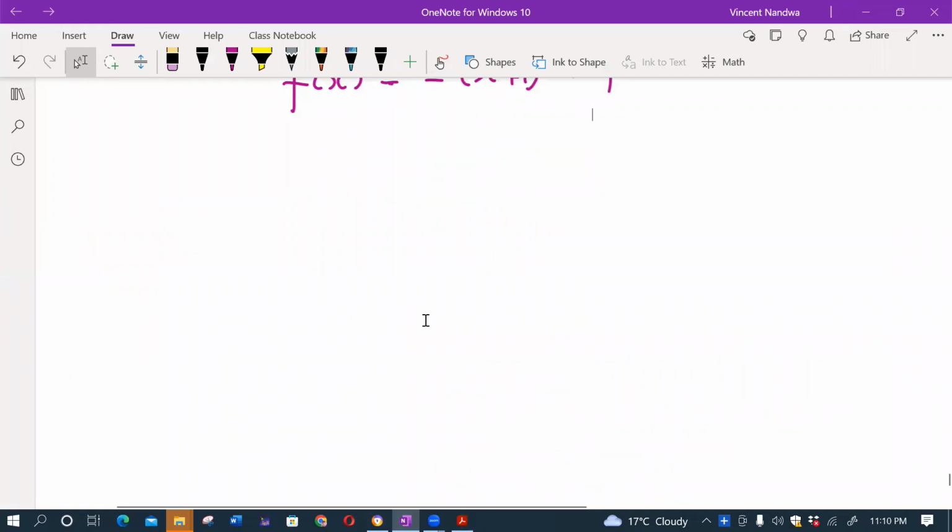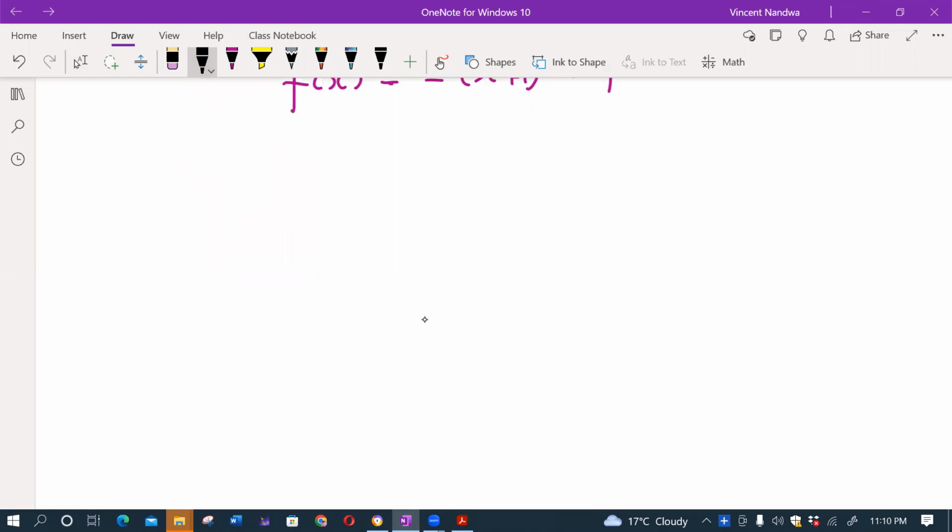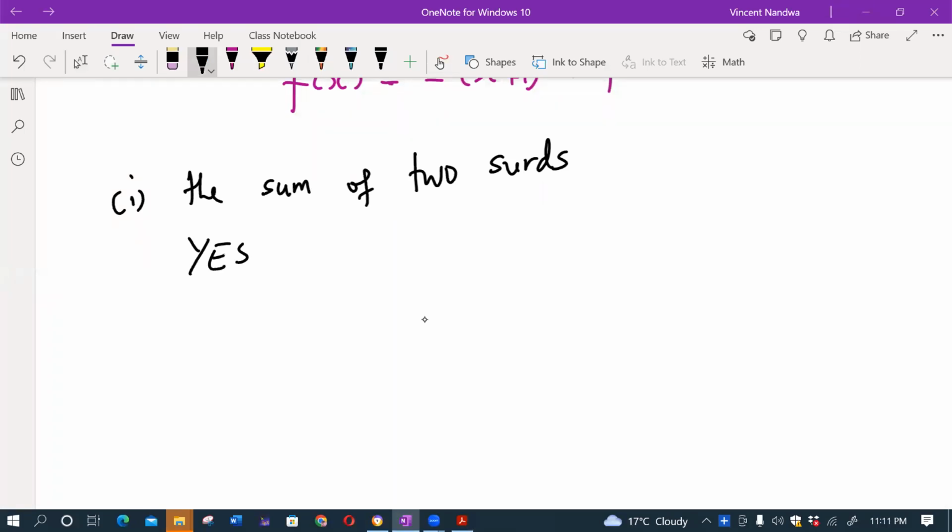So the first question is to check whether the sum of two surds gives you a pure surd. Now, the sum of two surds can give us a pure surd. So the answer for this first part is yes. We can get a pure surd by getting the sum of two surds. E.g.,